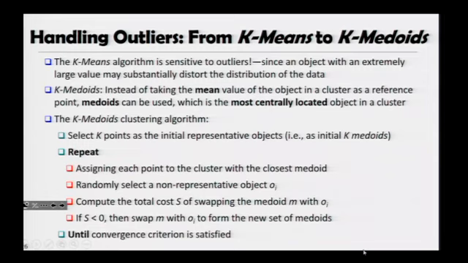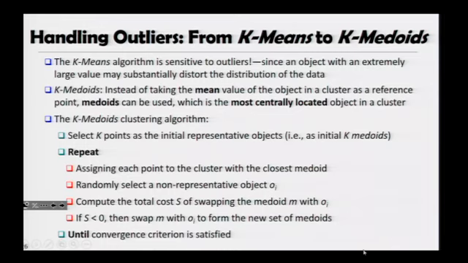So the cost here will be computed in terms of how you define this objective function or the error function. So if this operation will lead to a negative cost, meaning that you are actually improving the error of the whole picture, so you are reducing the error of the whole picture,